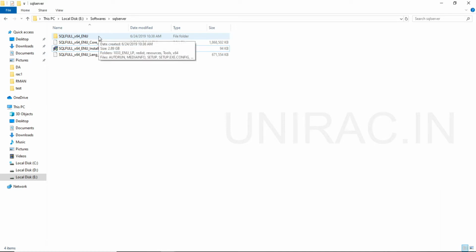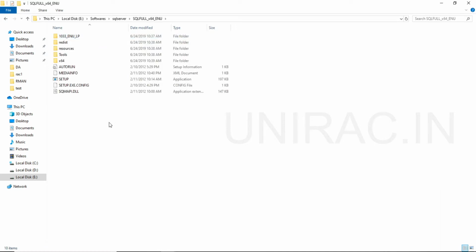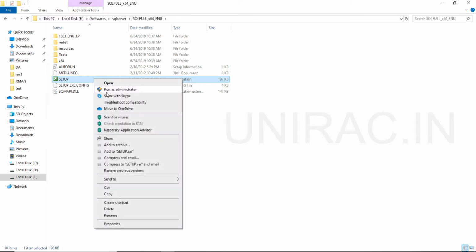It's unloading the box. It's getting prepared. It's got unloaded, and let's move on to the unloaded folder. You can see a setup folder, a setup file. This is the application setup file where you can right-click and run as administrator, so that starts the installation process for